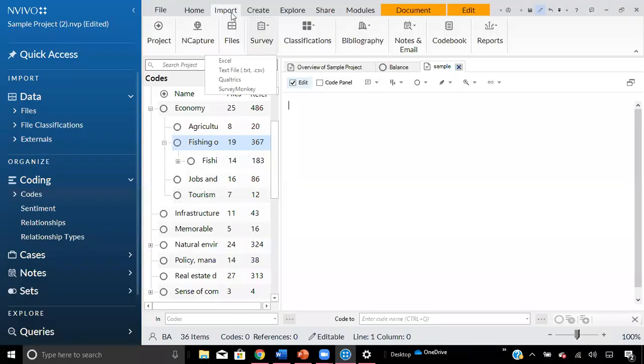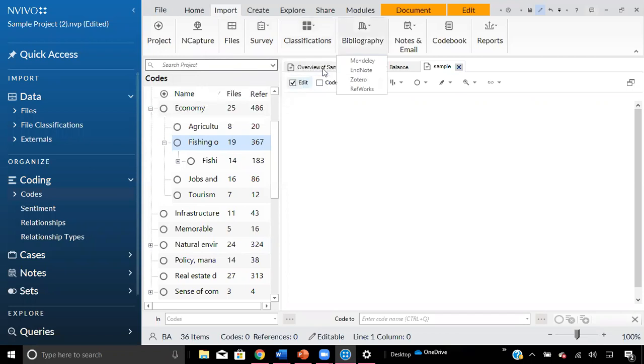So under the Import tab, there's a Files import, there's Surveys for Excel files, text files, Qualtrics, and SurveyMonkey. Under Classifications, you'll find SPSS and import classification sheets.